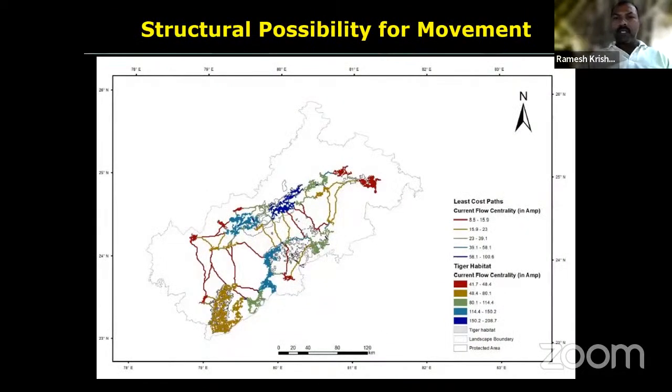Now, the structural possibility exists along a gradient. There is a tool called the connectivity tool; many connectivity tools have evolved across the globe. One common method that is still being used is known as least cost path analysis, LCP for short. The LCP method is also combined with circuit theory or graph theory, based on which we are able to compute resistance.